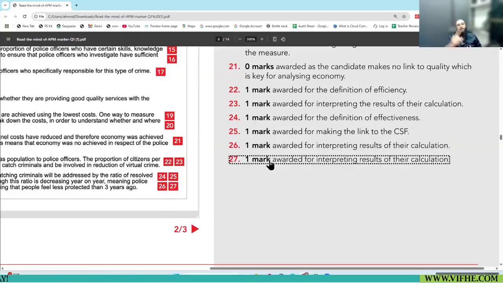Interpretation was right, calculation was wrong. So he didn't give you marks for calculation, gave you marks for the correct interpretation. Are you with me? This level of kind-hearted this person is. You did something wrong in calculation, but you did the assessment correctly. You get marks for that, and you'll not get marks for the wrong calculation.